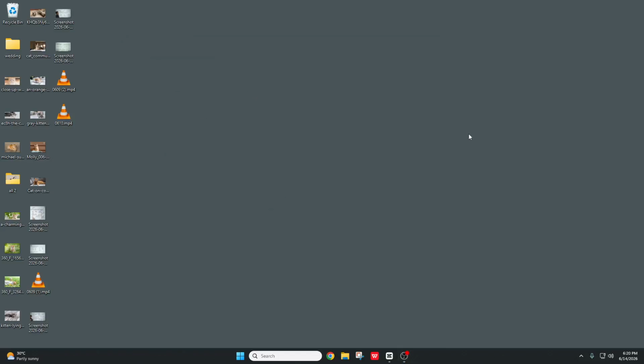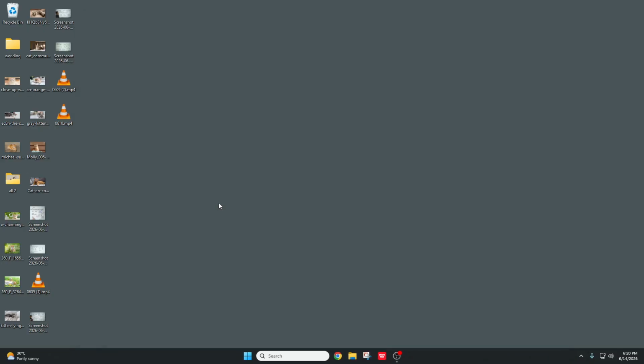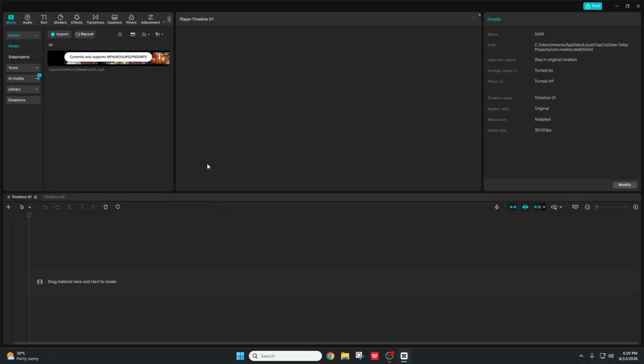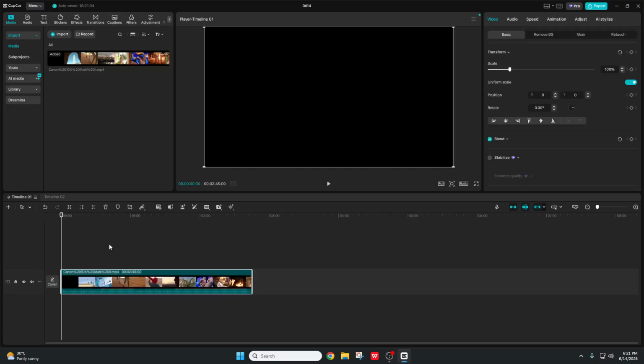Hi guys, today I'm going to show you how to make a cinematic video in CapCut. So first open your CapCut app and import the clip you want to work with, then drag it to your timeline. Now there are two ways from which you can apply cinematic effects and adjust brightness and saturation and